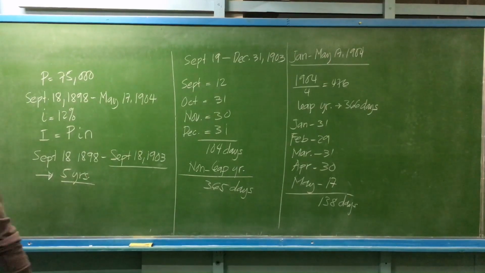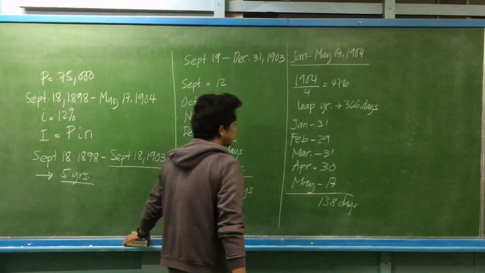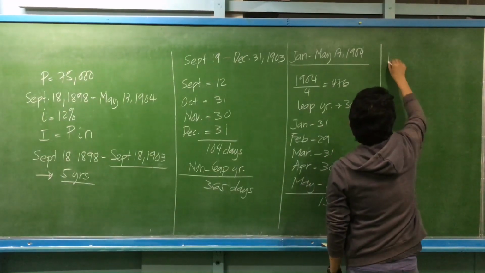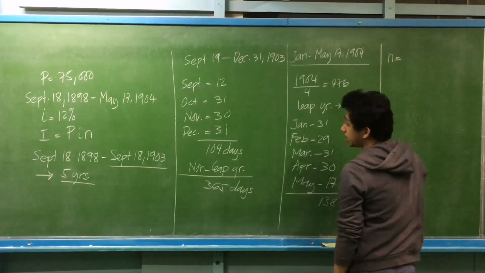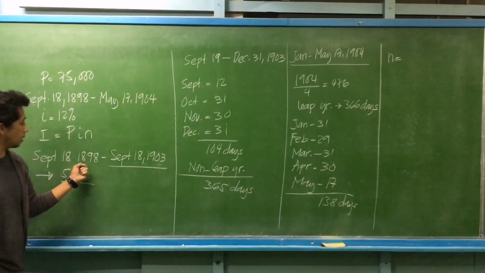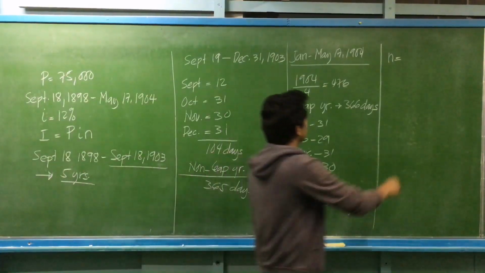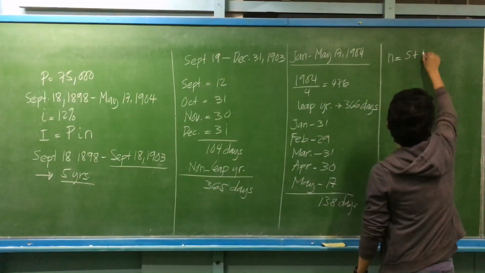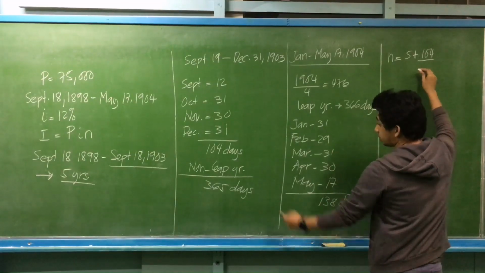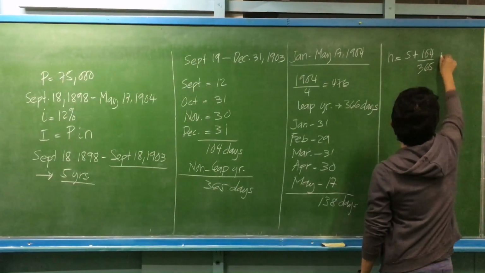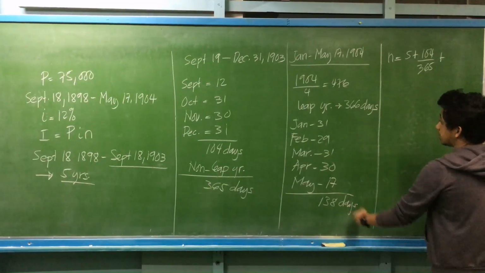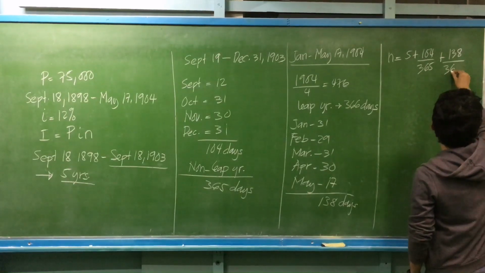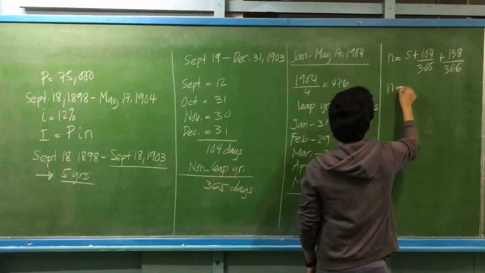Okay? So, kunin natin yung interest. So, kunin muna natin yung total number of year. So, una, meron na tayong 5 years. So, it's from September 18, 1898 to September 18, 1903. So, 5 taon yon. That is 5 years. Plus, ito, non-leap year, we have 104. This is divided by, ang conversion factor niya, 365. Plus, ito naman, it is a leap year. This is 138 divided by 366. So number of years natin will be equal to